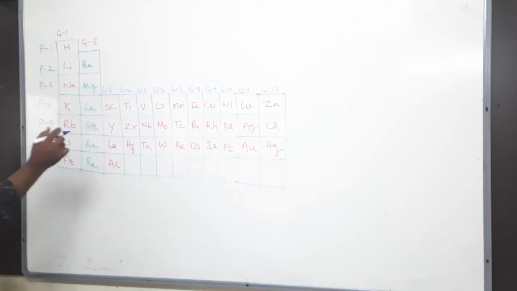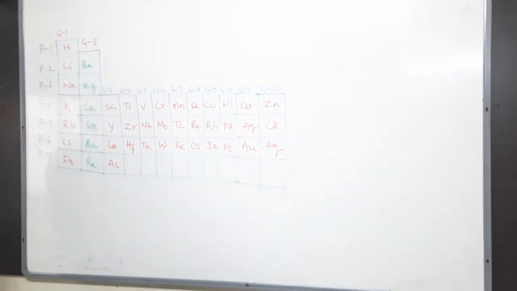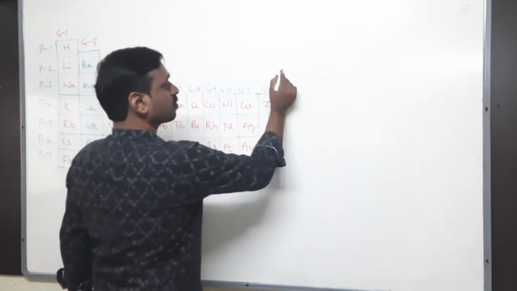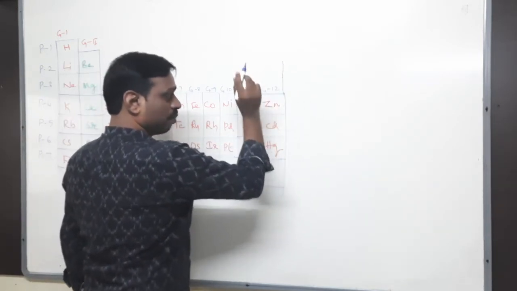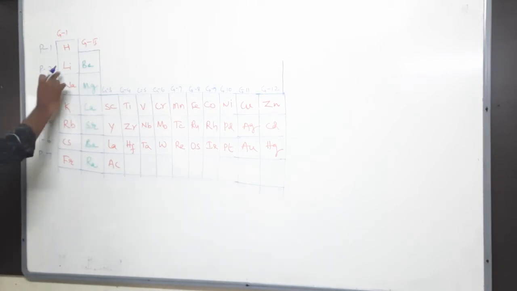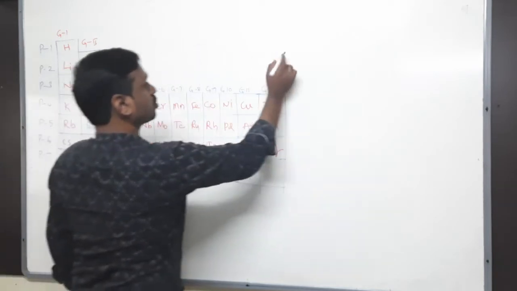Okay. So after D block, what are the elements? P block. It is the 12th group. Next is the 13th group. Tell me, in the 13th group, which is the first element? Boron. Boron belongs to which period? Is it first or second or third? Not first, it is second. Because lithium, beryllium, boron. It means here it comes, no?